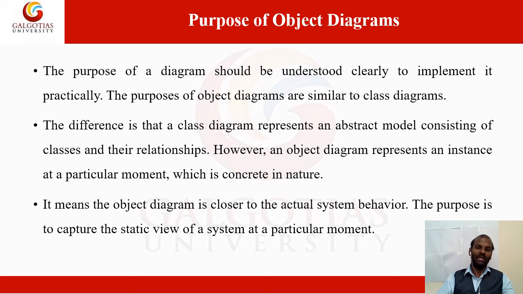So whenever we take any kind of object, like a laptop or mobile phone or fan, all these things we take as objects. So this particular object should have attributes and it should have operations. Let me take an example, a mobile phone. So a mobile phone is one object. Now this mobile phone should have some specific attributes. What is the size, what is the color, what is the dimension, and what kind of weight should it have, right?